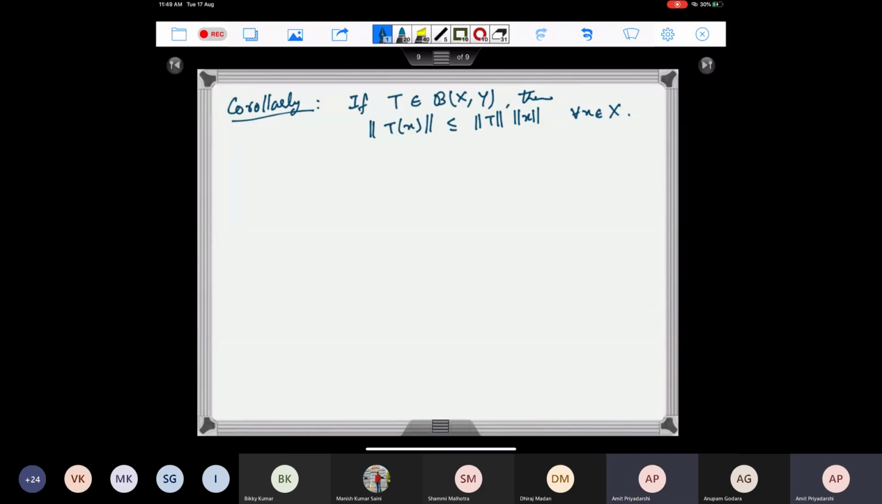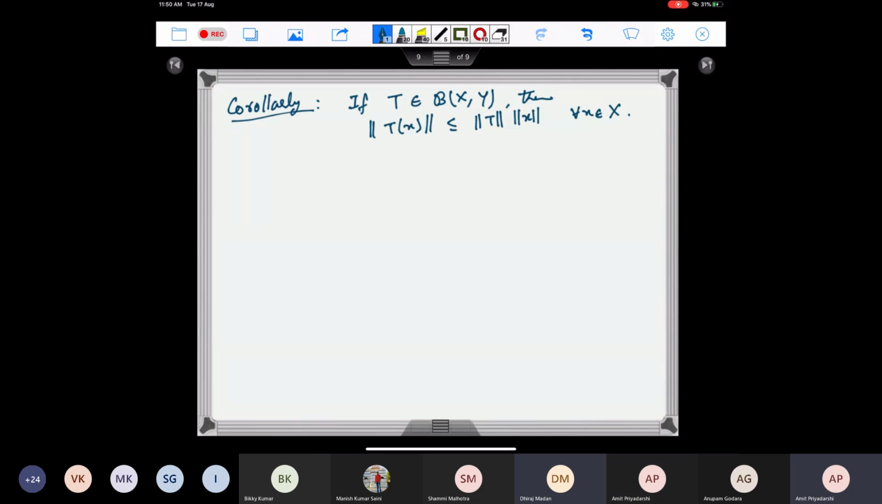So we had seen that B of XY is a vector space, and now we have seen that we can define a norm on this. Let's show that this norm T is actually a norm on this. So in the definition of norm T,